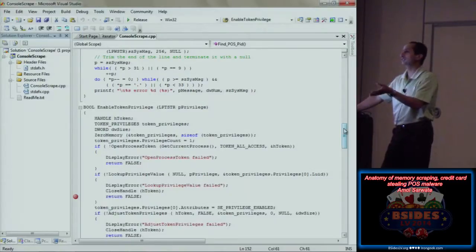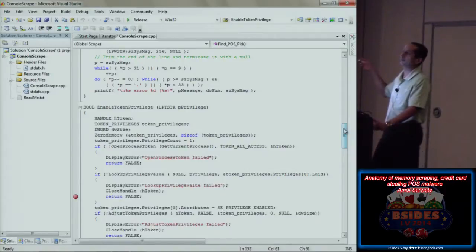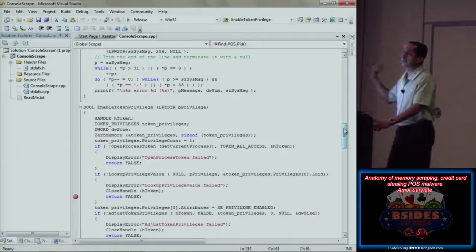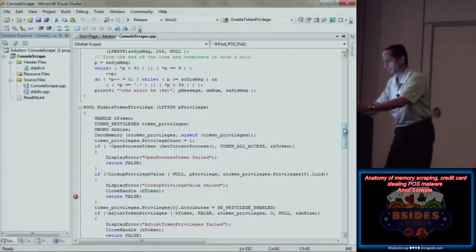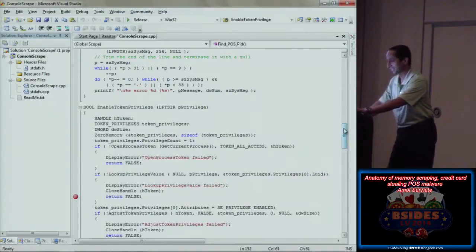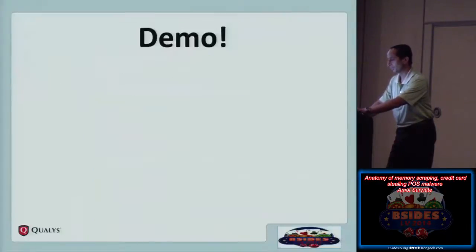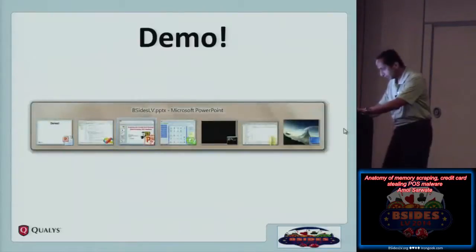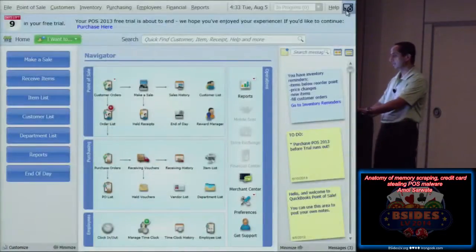So if you are a researcher, if you have any question about this, if you are trying to do RAM scraping or something like that, just send me a message on Twitter. I have my Twitter handle at the end of the presentation, and I'll be glad to give you the source or help you out, as long as you work for some good legitimate company. So in the demo here, what I have is